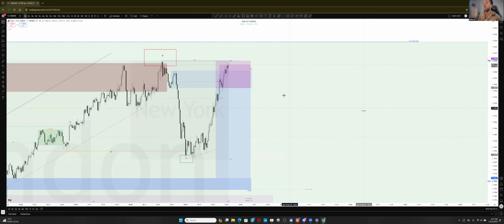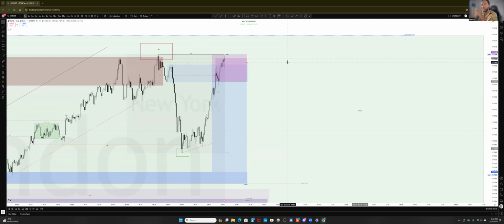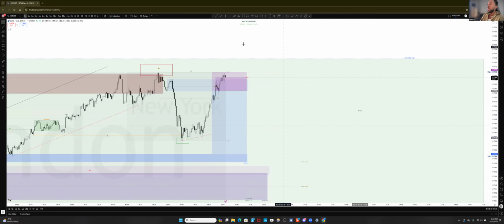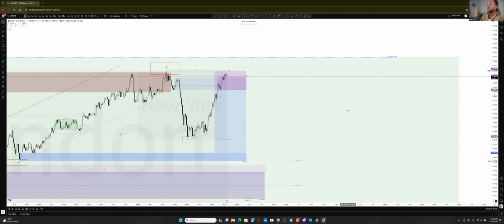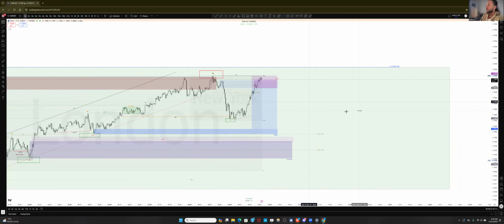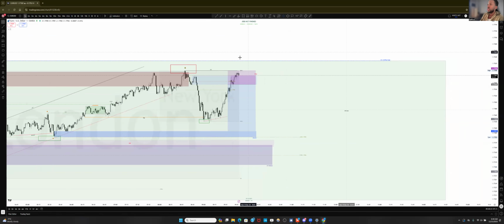So this might be one of those days, one of those Mondays where we just allow price to work its way outside of this trading range, guys. Like I've told you before, on these big trading range, consolidation range, I'd much rather just watch the market, let price pick a side first, and then I'll decide on a direction. Being that this trading range is quite large, and we're already close to the top of it, perhaps we can get the inducement of the high to allow us to target maybe not all the way to the bottom, but lower levels. But yeah, we'll see if price can take out the top today.